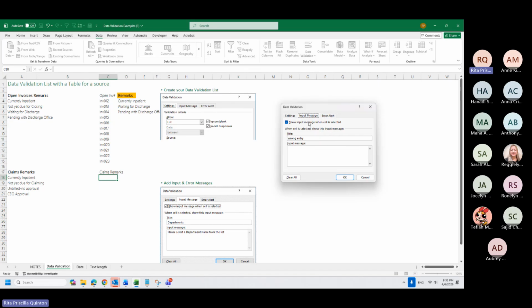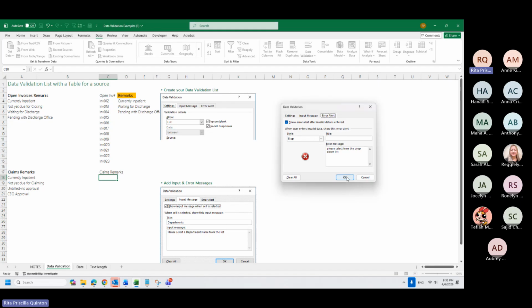Here on the error alert. Input message, sorry, this is remarks. I can show, this is not mandatory. The input message and error alerts are not mandatory, but this one is mandatory if we select the list. Input message is like your guide, what it is. Error alert, when user enters invalid data, show this alert.